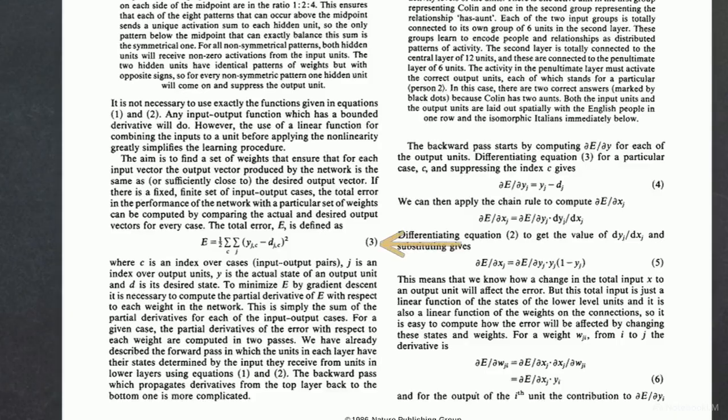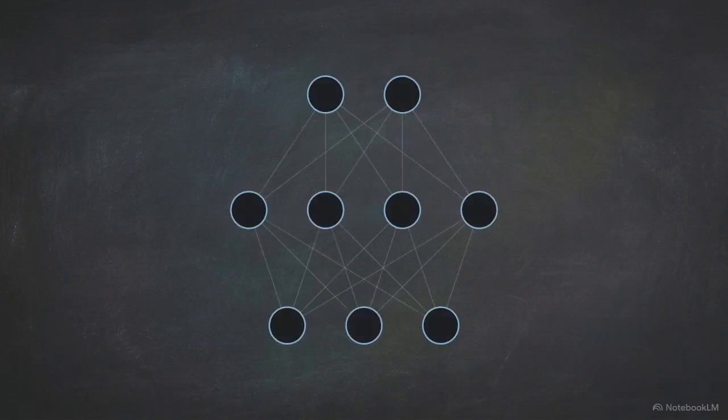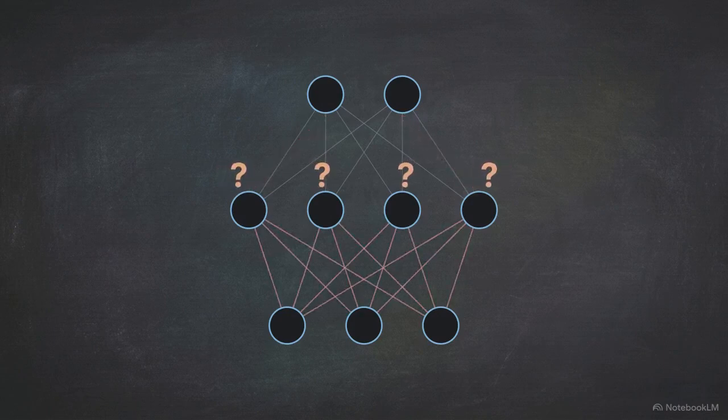Equation 3 defines how the network's failure is measured. The total error is the squared difference between the actual output state and the desired target state. Measuring the error at the very end of the network is straightforward, but the desired states of the hidden units are undefined. Without knowing what those middle neurons should be doing, there is no obvious way to assign blame to